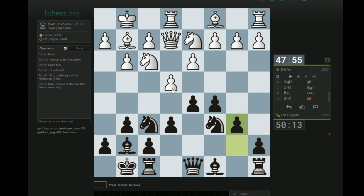So, this is a threat already. And actually, because your knight is on d2, you can't play bishop f4 and meet the threat. So I think e5 is pretty much out of the question. I think when I looked at this line very quickly, I only looked at knight to f1, and then I thought black should go e5. And if bishop g5, I just release all the tension and go d4. And